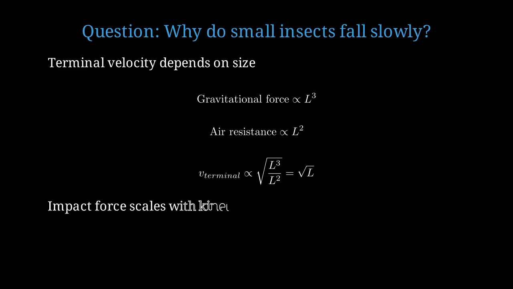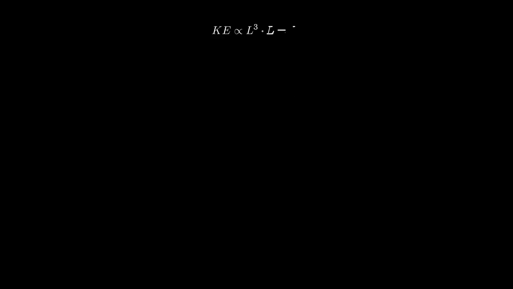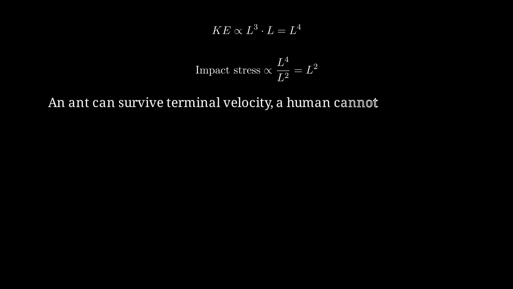The impact force when hitting the ground depends on kinetic energy, which depends on mass times velocity squared. Kinetic energy at impact scales as L to the 4th power. Impact stress on the body, which is kinetic energy divided by cross-sectional area, scales as L squared. Smaller animals experience much lower impact stress. This is why an ant can be dropped from any height and walk away unharmed, but this doesn't work for